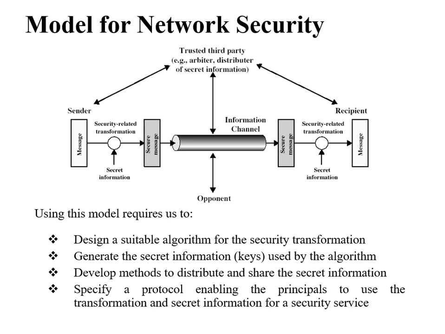For example, a third party may be responsible for distributing the secret information between the two principals while keeping it from any opponent, or a third party may be needed to arbitrate disputes between the two principals concerning the authenticity of a message transmission. The general model shows that